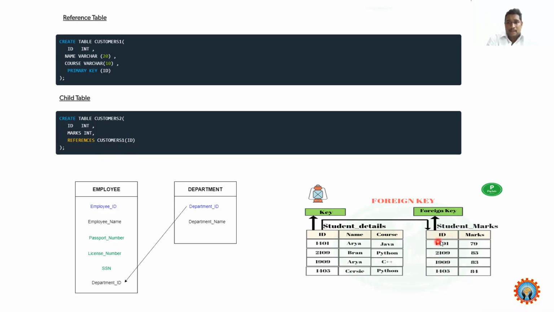Okay, this is not a primary key. We have not assigned this ID as a primary key for this relation, but it is a foreign key. Okay, I hope you understand. Similarly, this one, employee ID and department ID. This was based on department ID. You are accessing this department ID. Okay, I hope you understand, right?